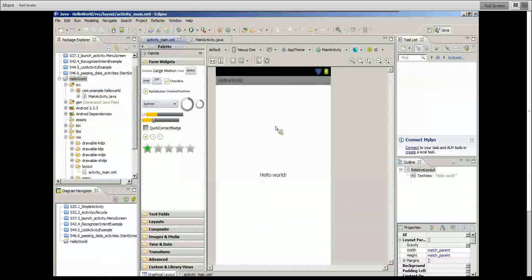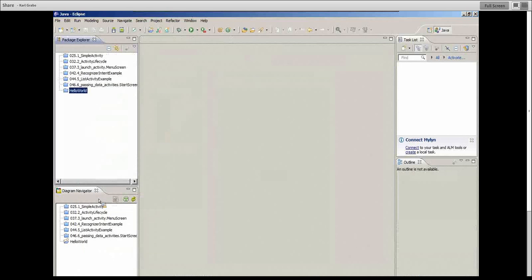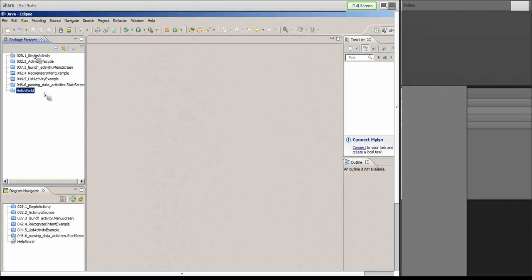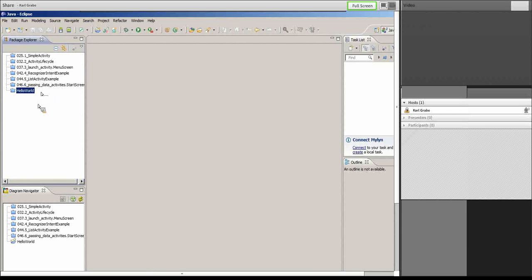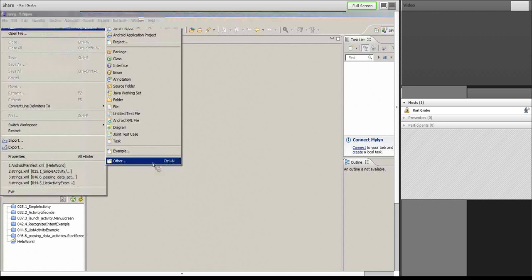And we'll see we have an existing project open, so we'll close that. So we have closed all the other projects, and what we're going to do now is create a new project from existing code. So File, New, and we won't choose this one. This will create an entirely new project. We want to create one from existing code, so we go down to the Other option at the bottom, and